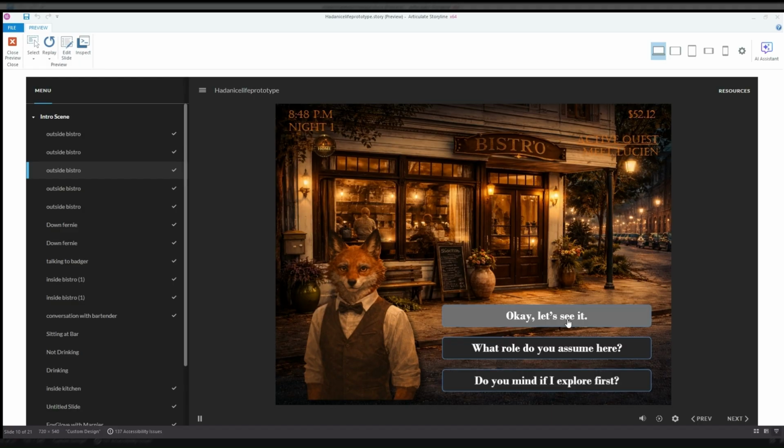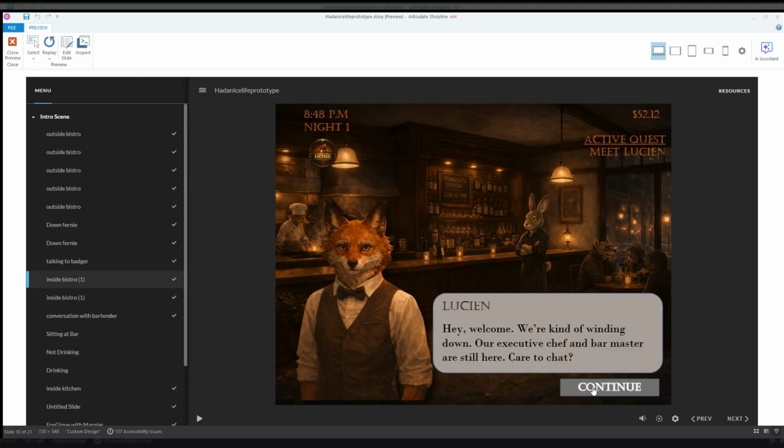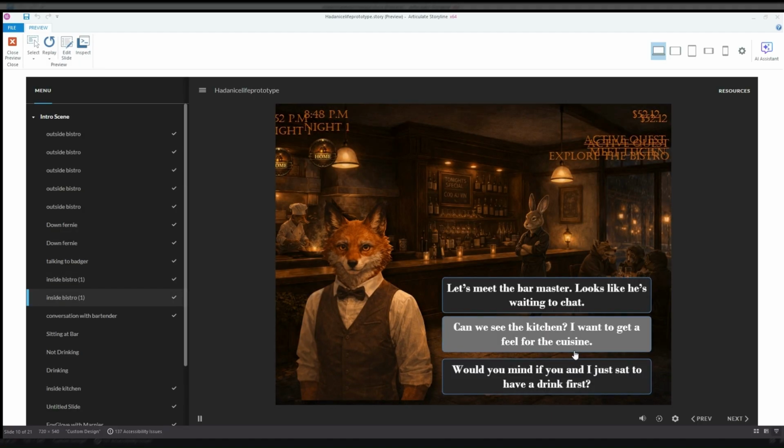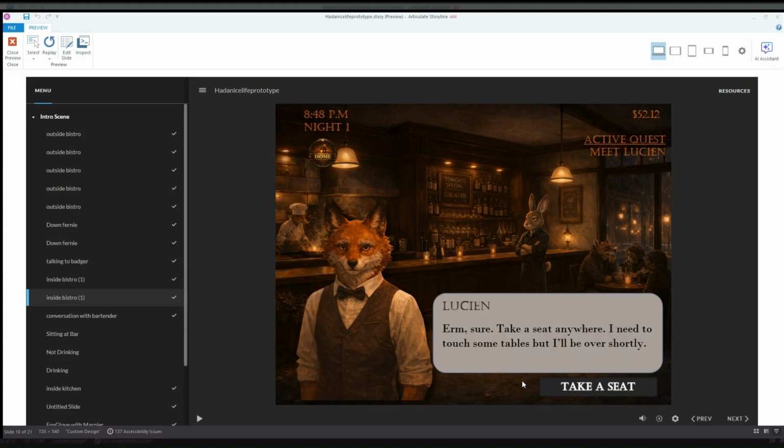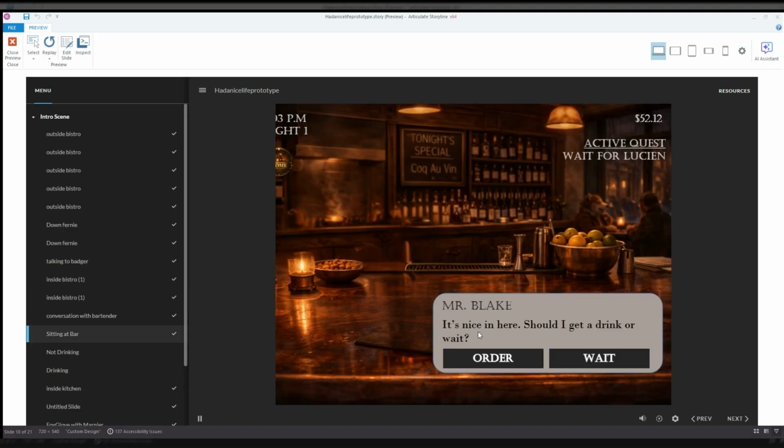This is when we go inside of the bistro, and we have another opportunity. We can say, okay, I don't feel like being social and just want to get a feel for the restaurant. The protagonist replies in an odd manner, but we can take a seat and immediately decide I'm going to indulge in this culture, or I'm going to wait and have a professional conversation. The immersiveness from the protagonist's name is present here.